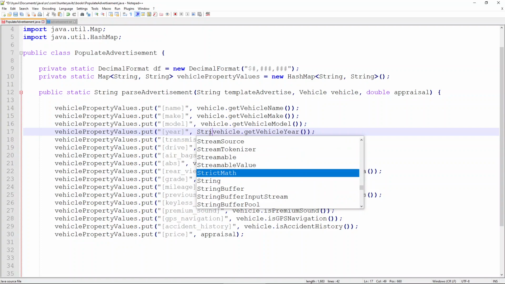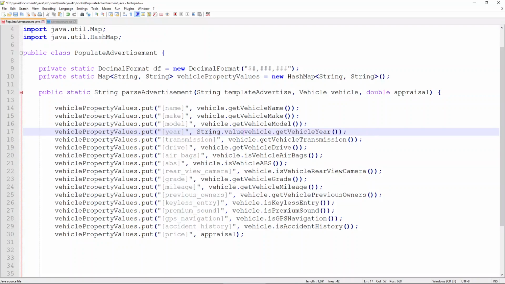So we're going to attach String.valueOf and include that into some extra parentheses right there. And that'll ensure that this value gets converted to a string because, as you recall, the map is expecting to have the string key and the string value. That would definitely throw an error if we didn't format that. The transmission is equal to getTransmission, which is going to be fine because that returns a string, as does the